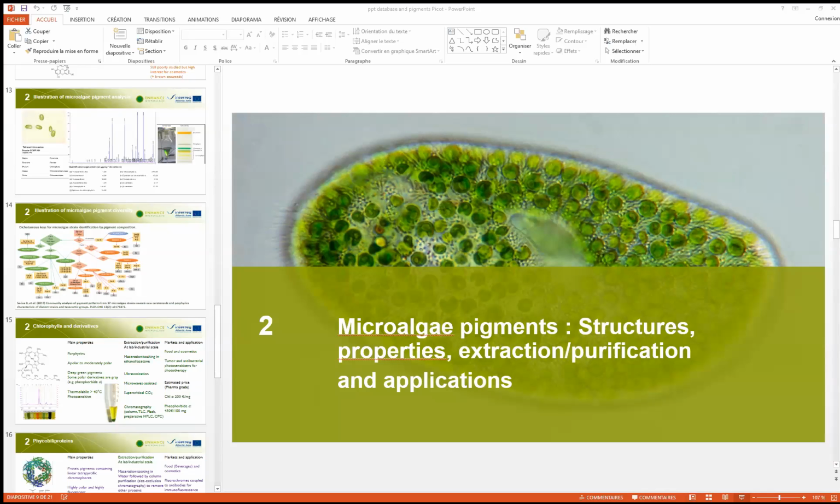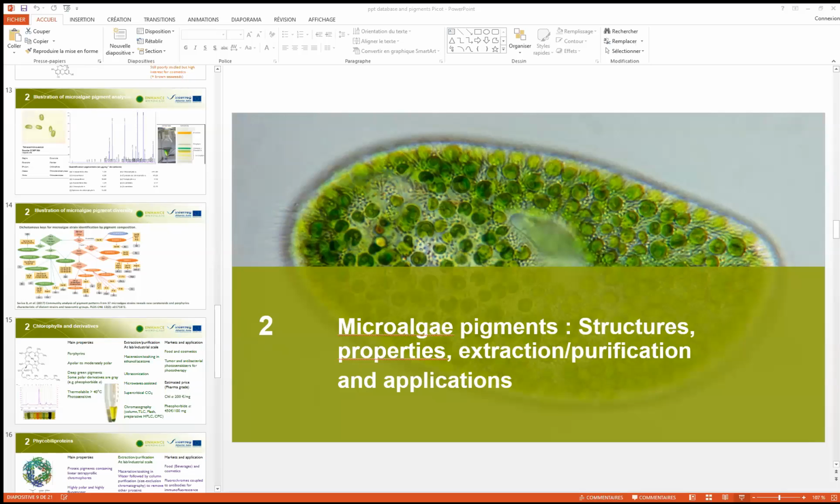Maybe I will take a few minutes to show you after this presentation the stakeholder database. So I will speak about microalgae pigments, their structural property, and what we can do with them, and how to extract and purify them. So as we discussed, in fact, there is a large chemodiversity in microalgae, and cyanobacteria cannot